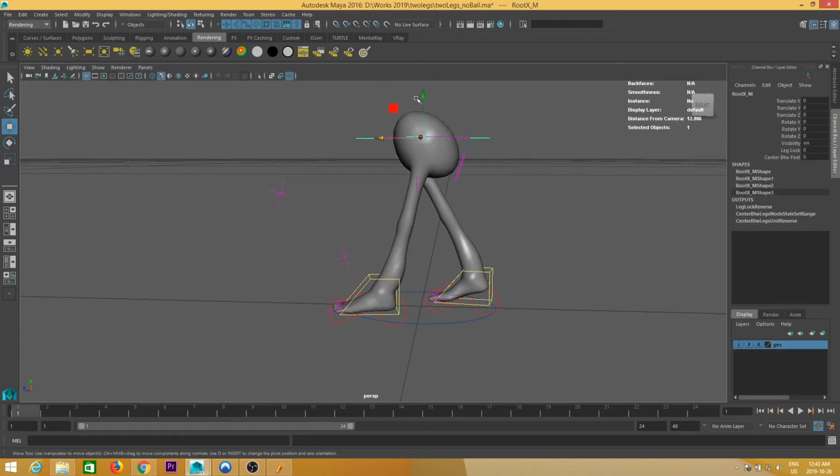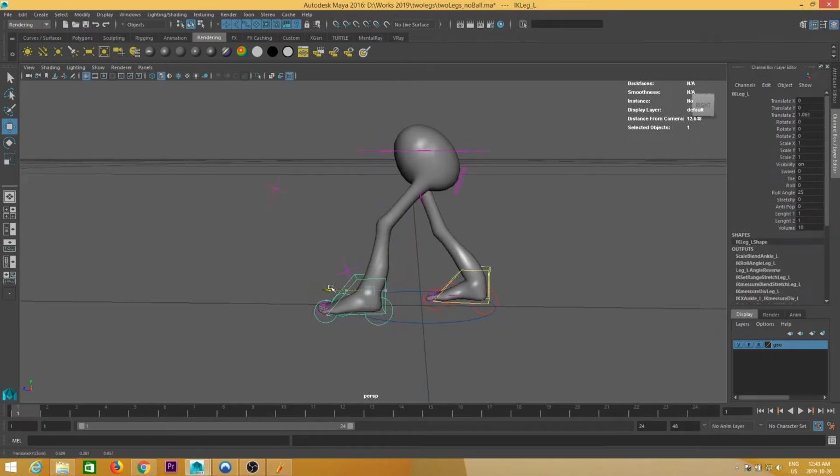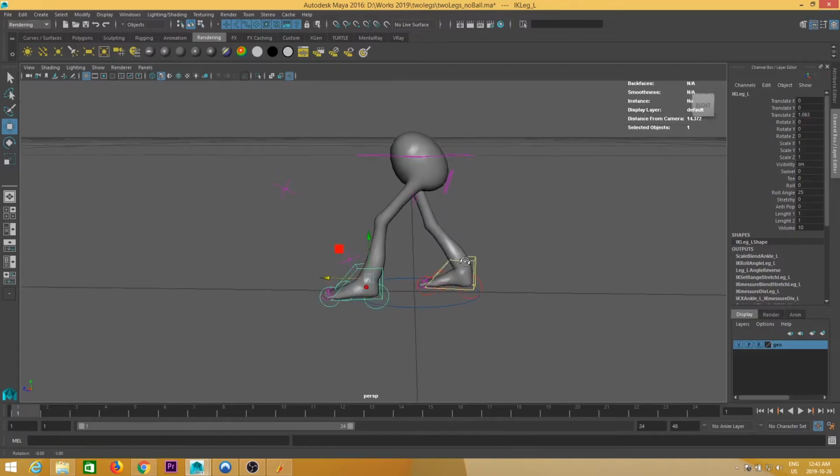I will just move it down, and there won't be any body mechanics or anything in this walk cycle. This is just to explain to you guys how to make a walk cycle progressive, and I have to say that this is my way of working. There might be many other ways, but for me this way is working. It is an easy way, and it is helping me in every situation I need it. So I made this